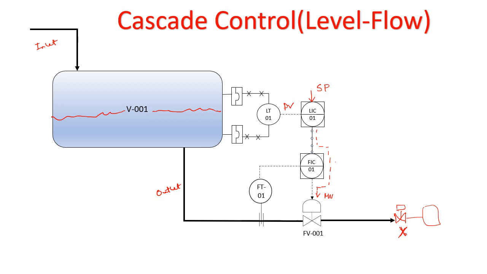Even if the controller is opening or closing the valve based on this level, due to the sudden closure of the valve, the outlet flow will get stopped, and this will cause the level to increase. But this will take some time, and by the time the level gets high and your level transmitter responds and all the things happen, maybe the time is not sufficient to control the overspill,